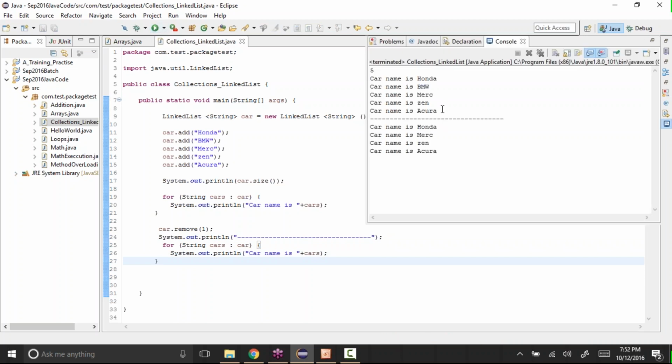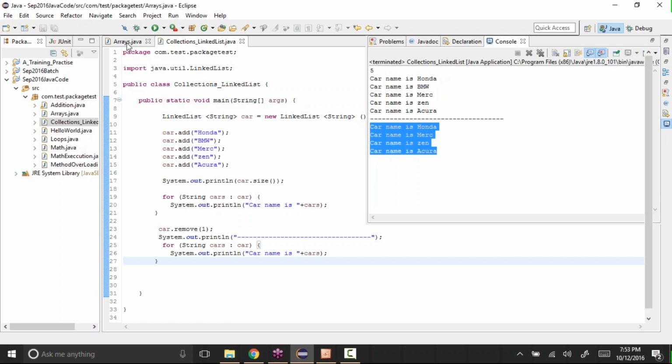The first time we see 5 values, and as we removed the first location, which is BMW, the next time when we display it, we don't see that BMW. We only see Honda, Merc, Zen and Acura, because we deleted one value.